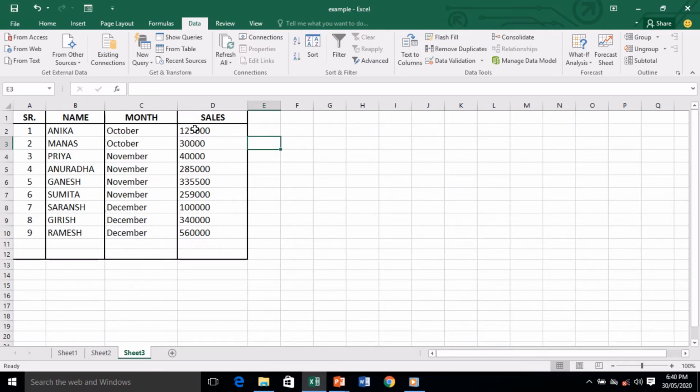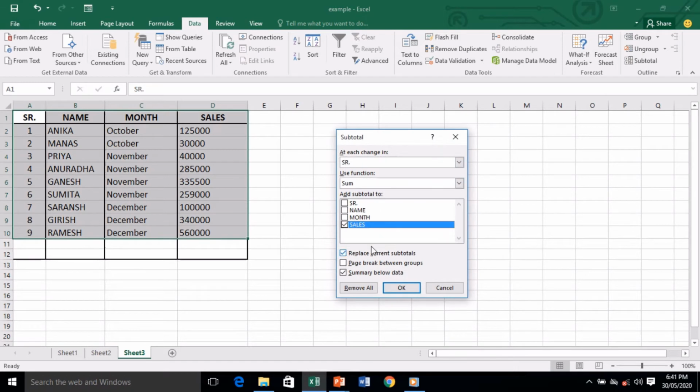Total you know very well how to find. If you want a total for this, obviously we'll go for a sum function. But I want a subtotal. Subtotal for the month of October, then for the month of November and for the month of December. So we want subtotals for these different months. So for this what we will do, we can click on any cell inside the range. So here after clicking on it, we'll go for data tab. We will go in this corner here, outline group, and here it is subtotal. So here we have this dialog box in front of us. So the first option is at each change in. We want a change in the month. So we'll choose month over here.